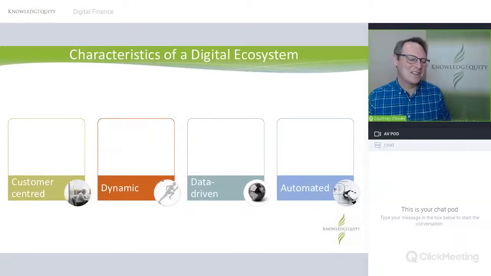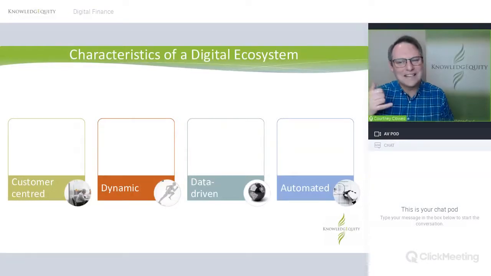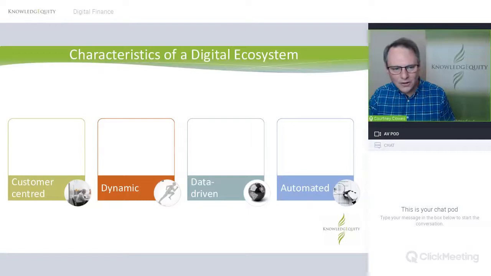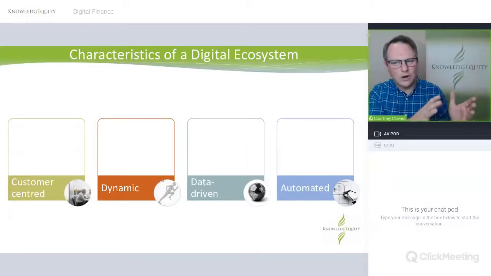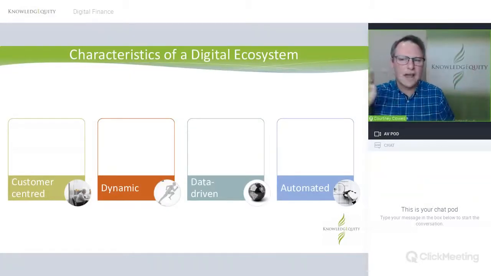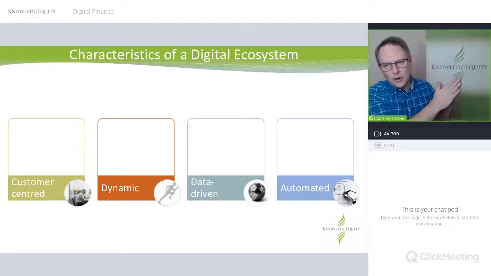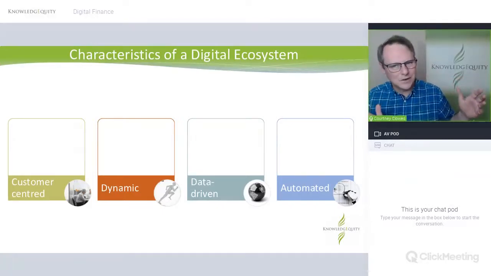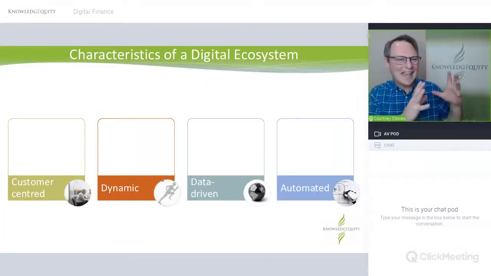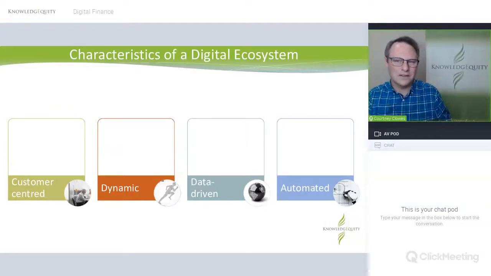But I want you to think about, when was the last time you rang somewhere and they said, "Oh, your call is so important to us, we're going to put you on hold." So sadly, a lot of organizations use digital and technology to put your call on hold, to make you work through a system, to route you overseas, and they don't actually put the customer first. They put the organizational structures and systems first. They put profitability first, but they don't really put the customer first. So it can be amazing, but it often leads to frustration and anger.